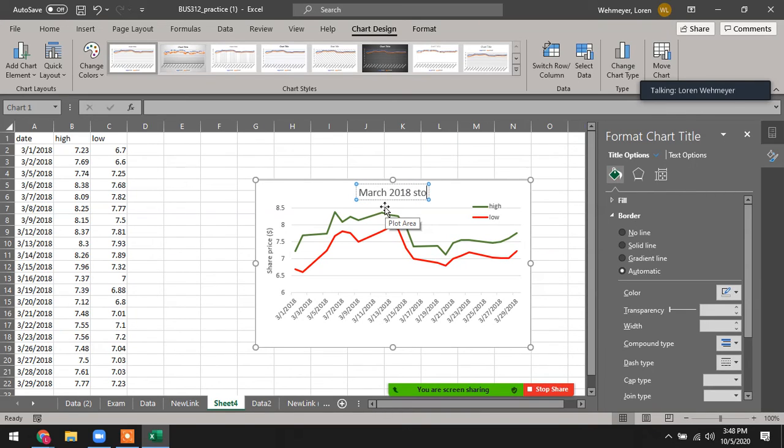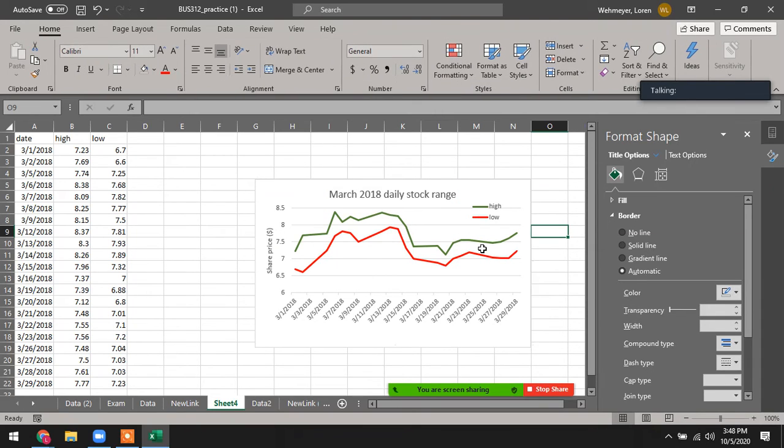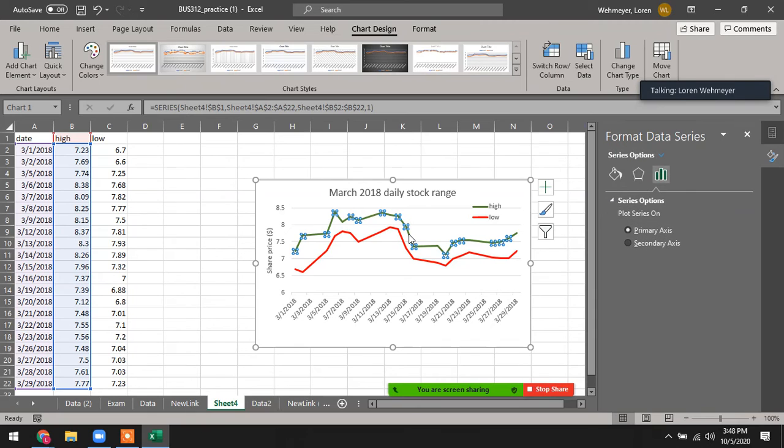Stock. Daily stock range, something like that. Now the last thing we need to do is it asks to